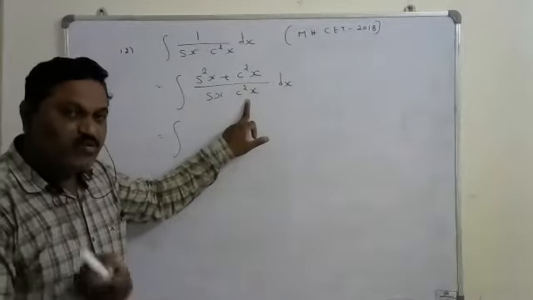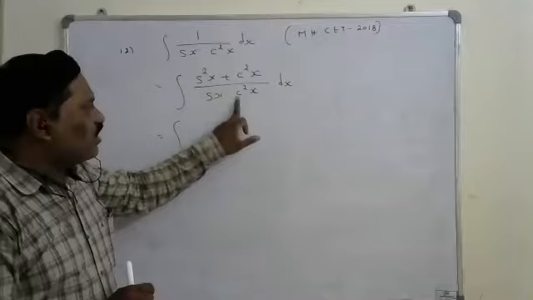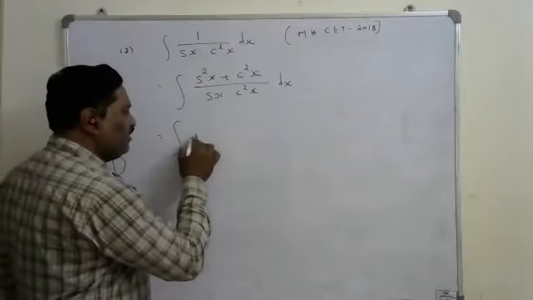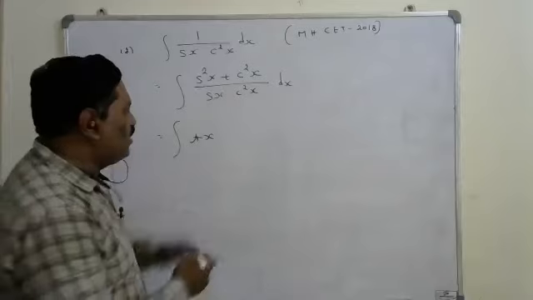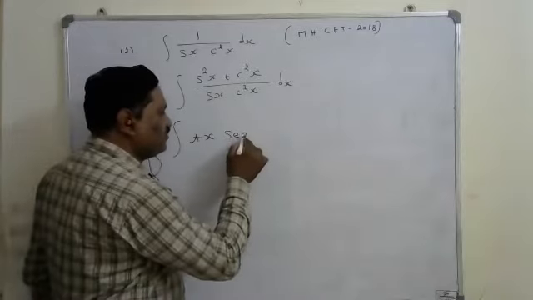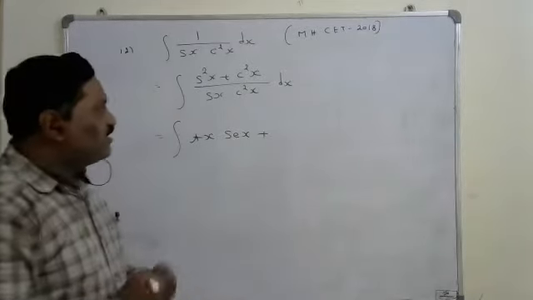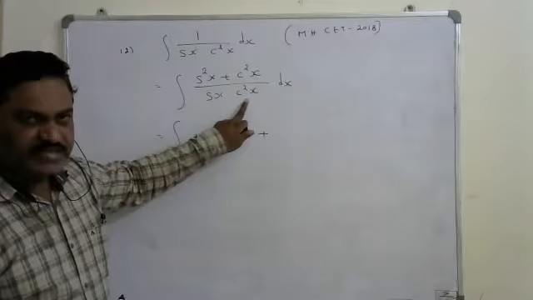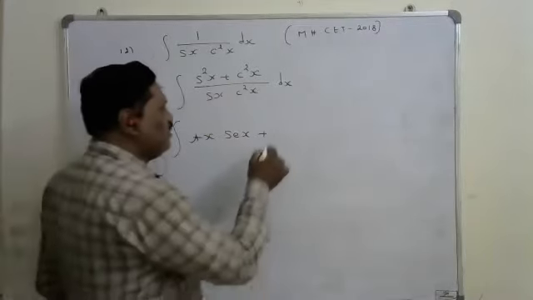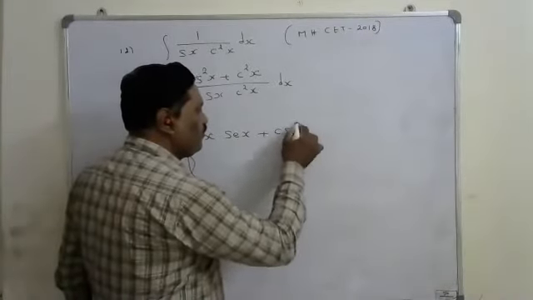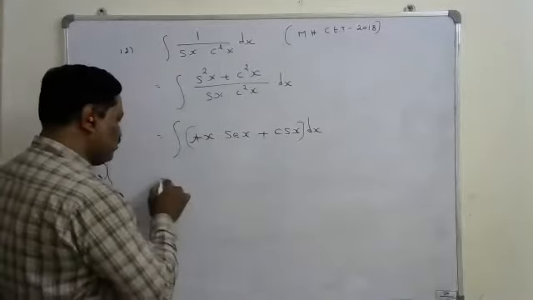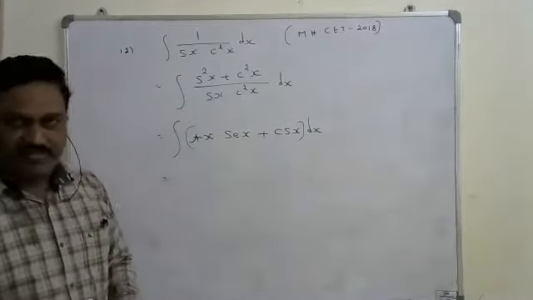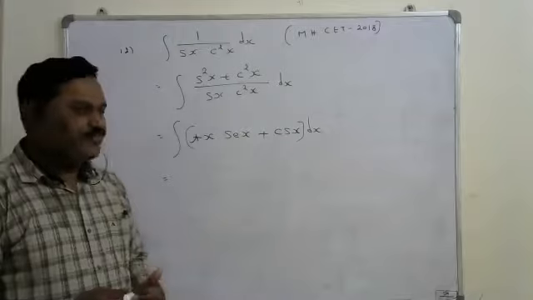From the cos square x take one cos x. Then sin x by cos x is tan x, and one more cos x will be in the denominator, so 1 by cos x is secant x. Plus the second term, cos square gets cancelled, remaining is 1 by sin, which is cosecant x. For doing the simplifications, try to use the short way to write all these trigonometric functions, then we can save time.